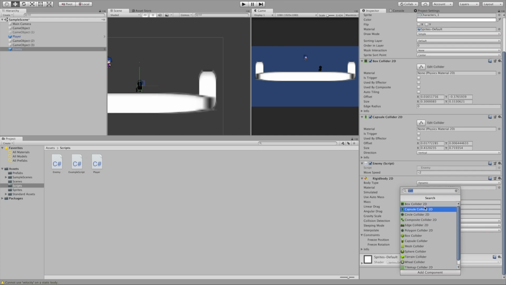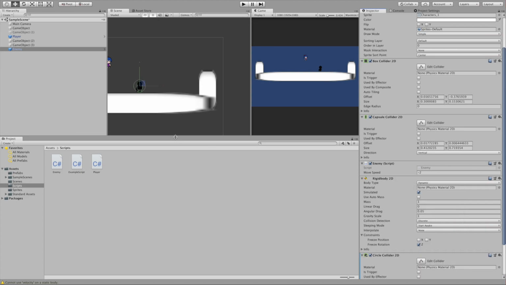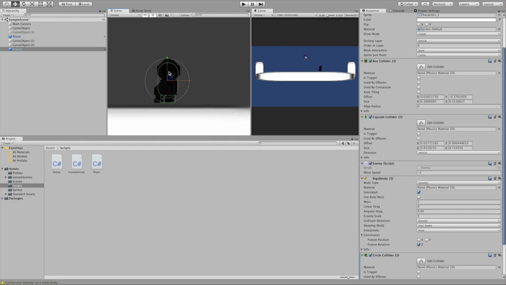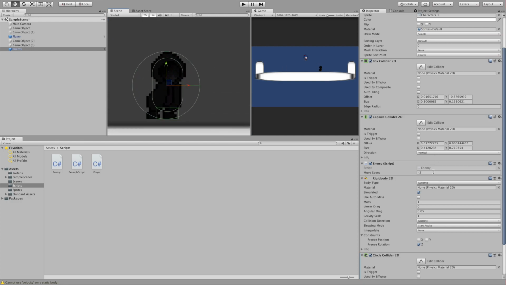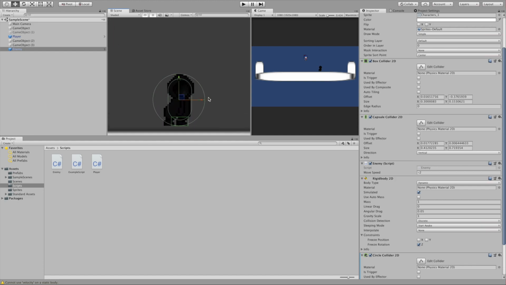So if we create a new collider, we can't create new box or capsule colliders. You can only actually have one. So we can create a new collider. The one I just go with off the bat is a circle collider. And we will just edit that. So the circle collider, well, let's see, it's always going to be facing this way. So this way is always going to be the way it's facing, even if it flips. So if we put this to the right side, so sort of right there,